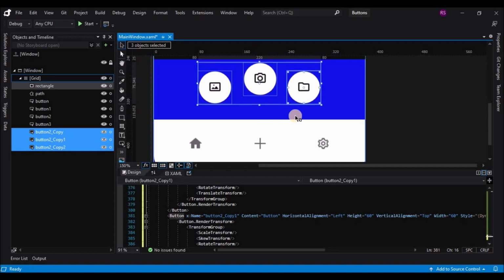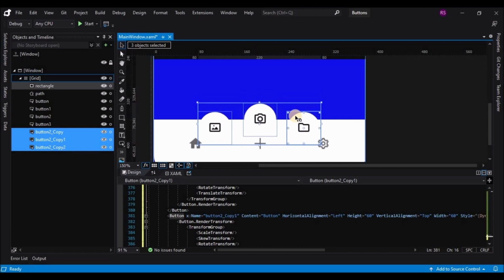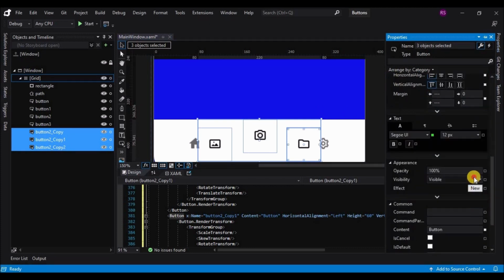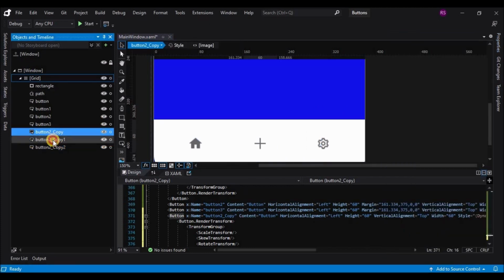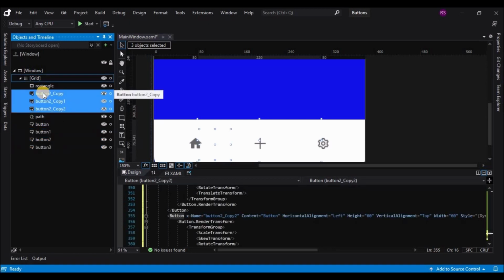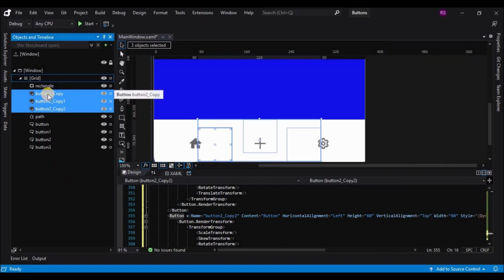So the starting position for these buttons will be hidden under the white path that we have, or the white panel we can call it. And let's change them to hidden, and also let's move the buttons to the top of the other buttons and above the path, so that they are behind the white panel that we have. And also change the visibility to visible. Before, I had made it hidden, which is not required since it is behind the path now.